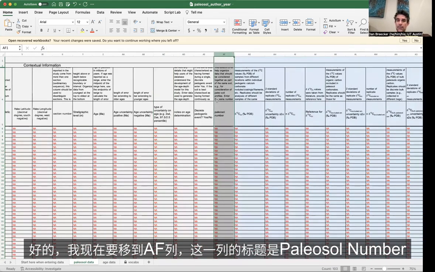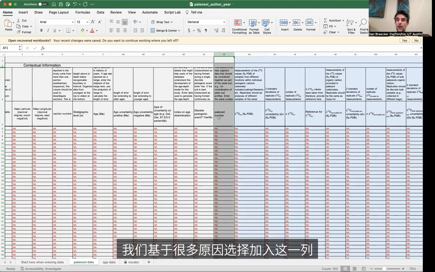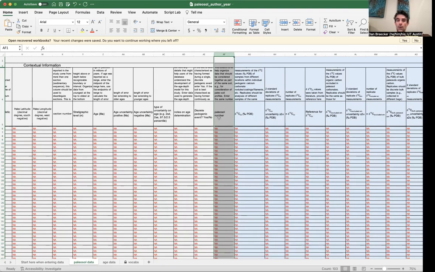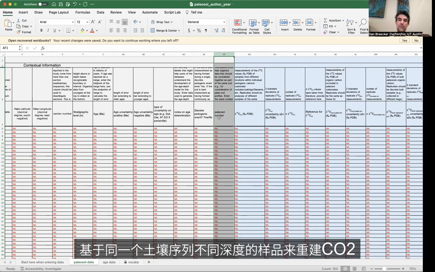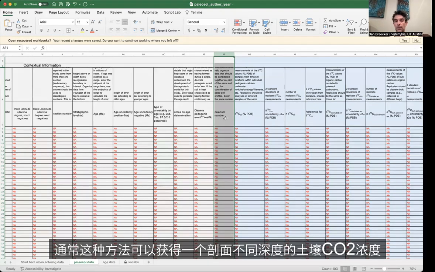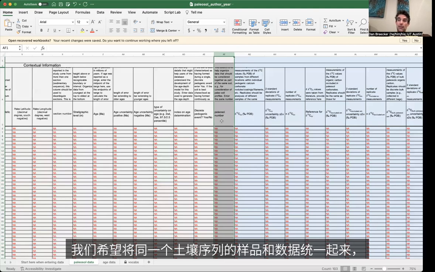Okay, I'm going to move over to column AF now. And this column is titled paleosol number. There are a number of reasons why this might be useful, and we decided to incorporate it as a column. One reason is that some people like to reconstruct CO2 from a number of different samples, from a number of different depths below the paleosol surface, all within one paleosol, and all that information gets combined together to make a CO2 estimate. And usually, the way these records work is that there's a number of CO2 estimates all from one section, and we want to be able to link together